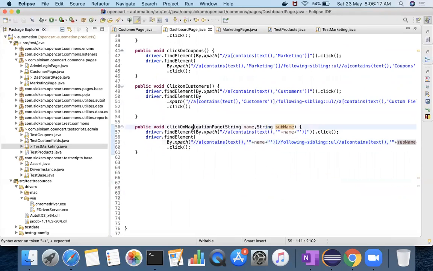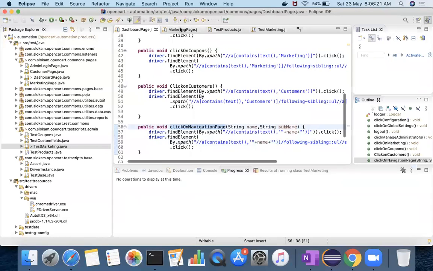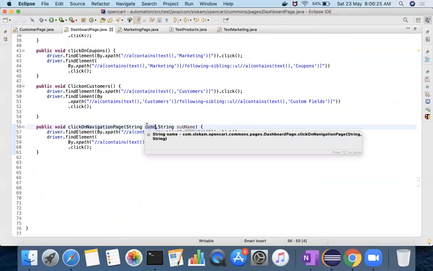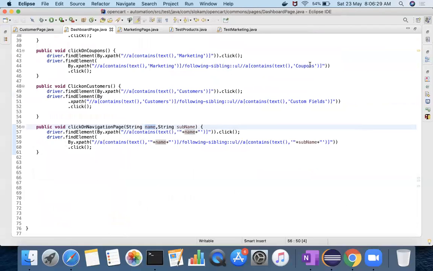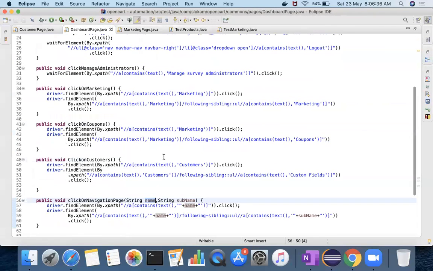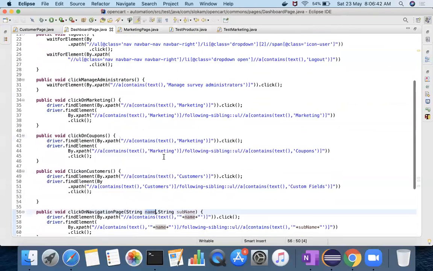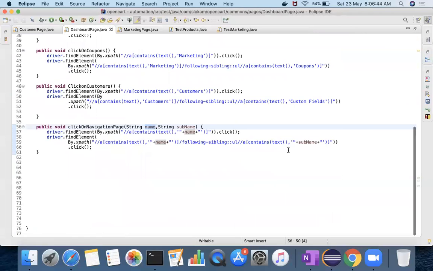Okay, so now if I use click on navigation page and I provide, let's say, name is marketing and subname is coupons, it's going to click on coupons. So let me try that.